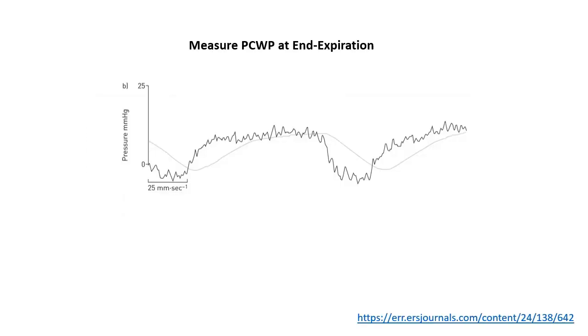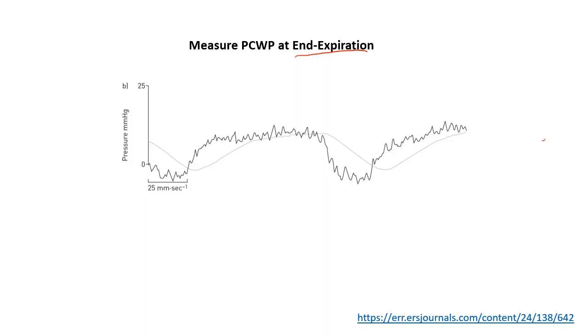All right, so how do we know when to measure our wedge pressure? This is important. When you have someone who's spontaneously breathing, you're going to see an undulating pattern of the wedge, whether someone's breathing on a vent or spontaneously. But how do we know at which point to measure it? We need to know if they're on a vent or not. And in any case, as we mentioned at the top of the slide,